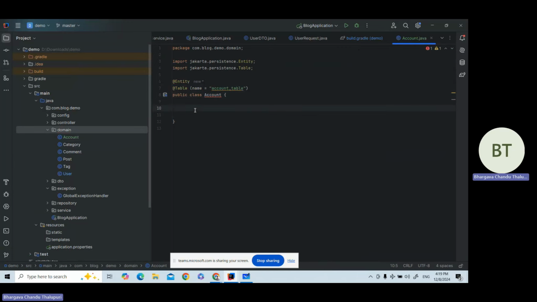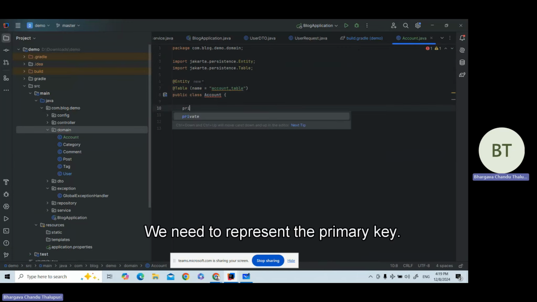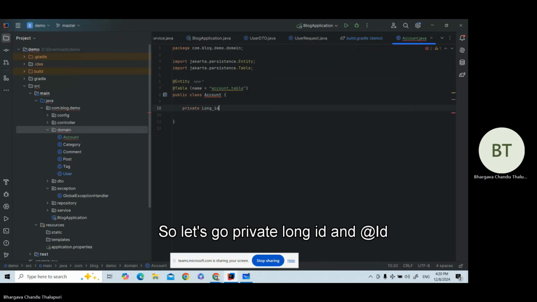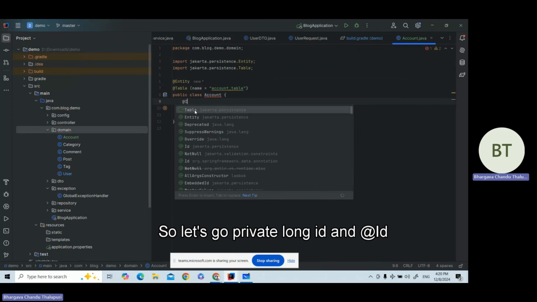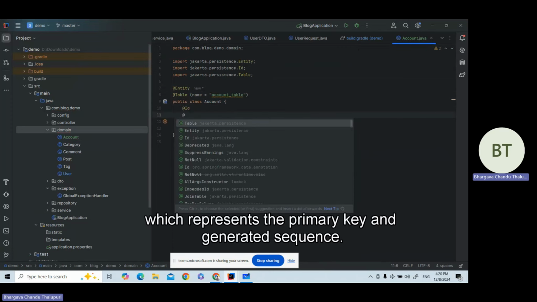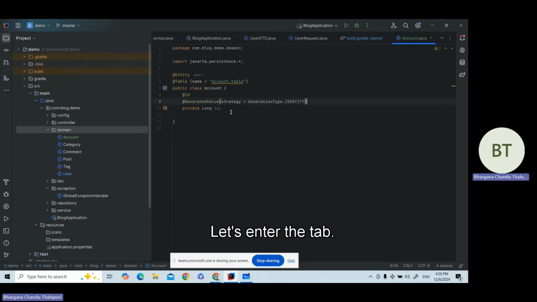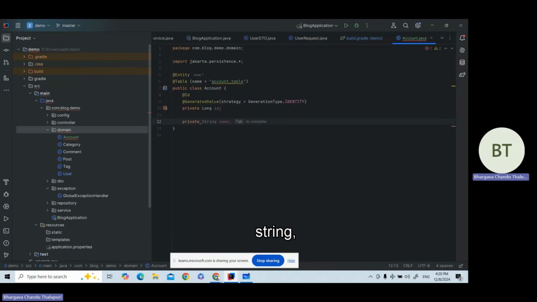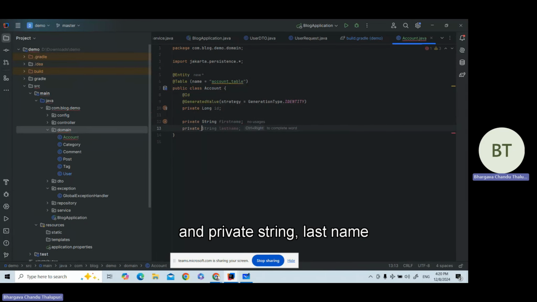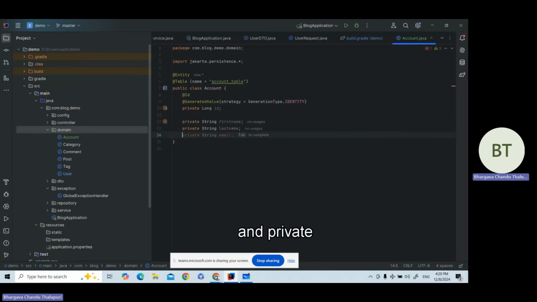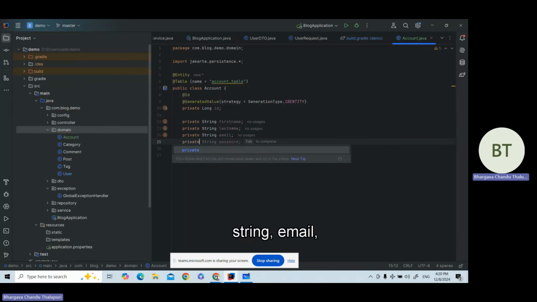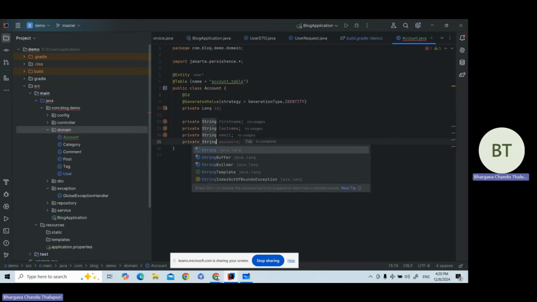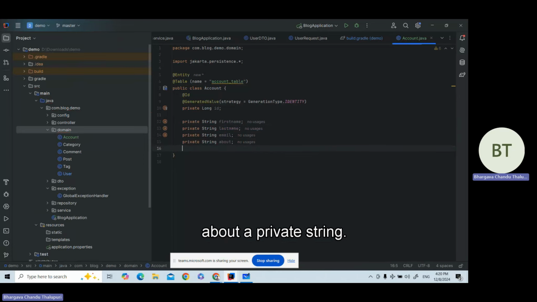We need to represent the primary key. So let's go, private long id, and @Id annotation, which is the primary key, and @GeneratedValue with sequence. Let's import it with Alt+Enter to represent the primary key, and private String firstName, private String lastName, private String email, private String about, and private String